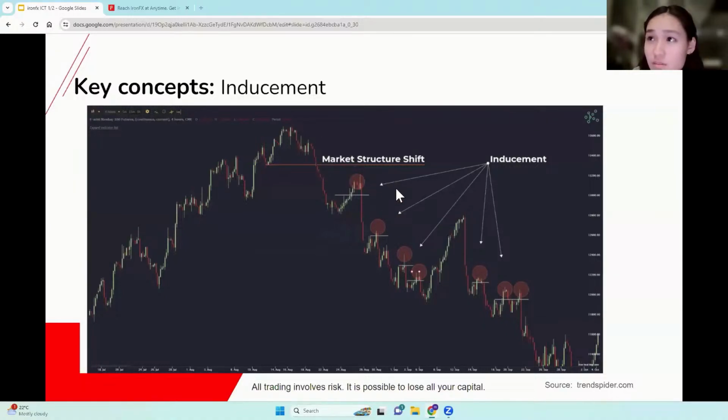So, yeah. So inducement is specifically targeting these short-term highs, like those that we've circled, or short-term highs or lows as areas where these stops might be placed. So because you're expecting price to reverse off of these circles, you might decide to place your stop loss right above these levels here.